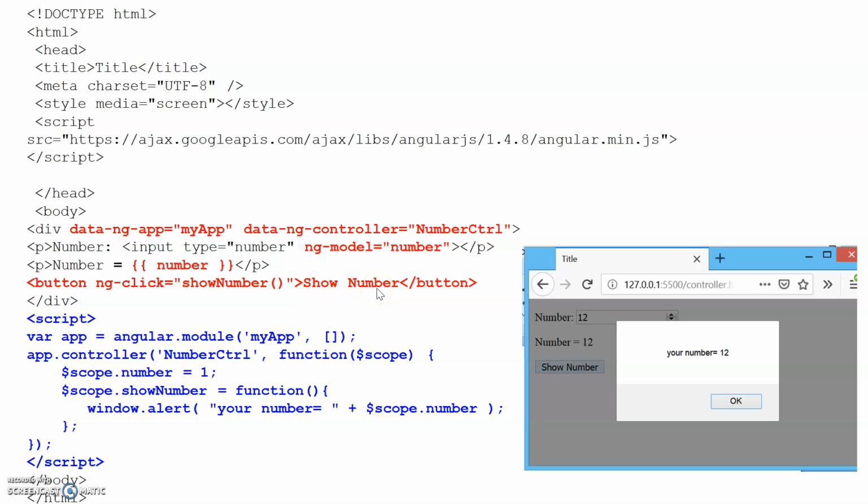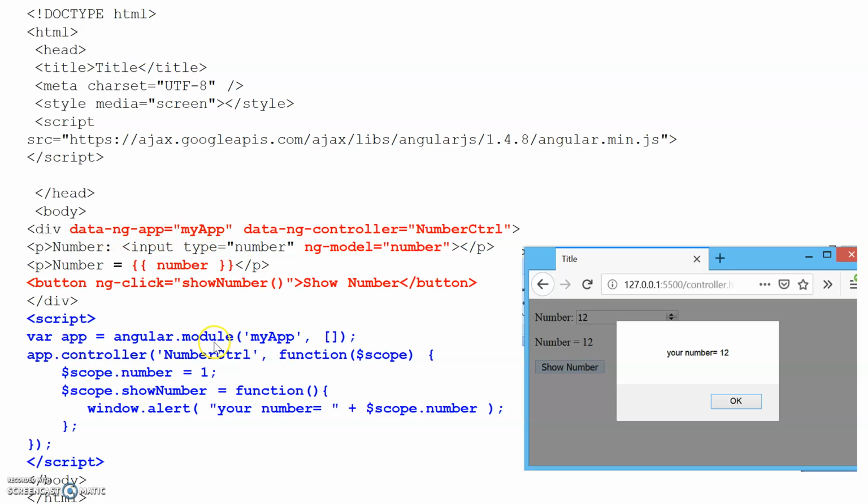Then as we have seen, a controller defines the business logic for the view. So what should be viewed after clicking on this? That business logic, or what contents will be displayed in this whole view, that logic we have to write in a controller. So see, here is the script written for the controller. How to write the controller? For that, first we are defining a variable app equal to angular.module. To that, myApp means in which context this controller is: the context of this myApp.